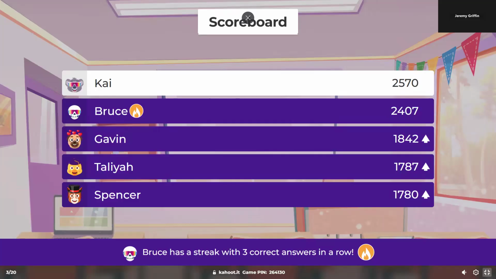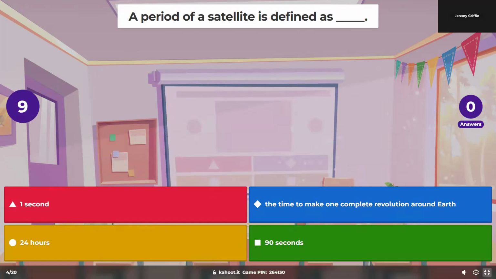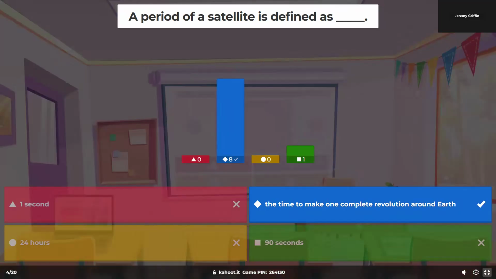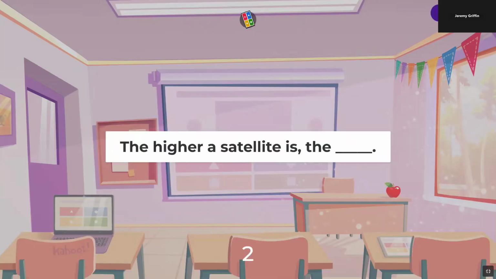I got Spencer, Talia, Gavin, Bruce, Kai. Period of a satellite is defined as the time to complete one revolution. Capital T, time period. There you go. All right, got Kaya and Spencer, Gavin, Bruce, Kai. The higher a satellite is,